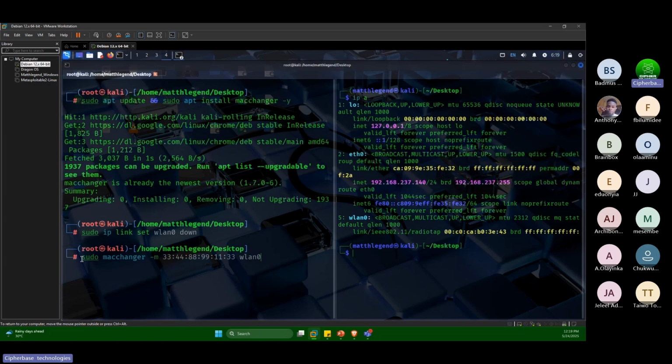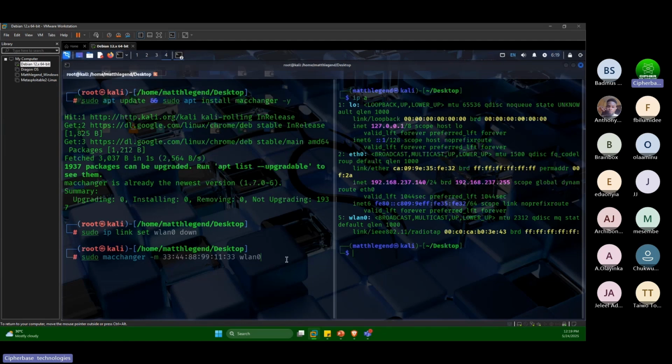So this sudo, that is, you want root. If I don't use sudo, it's going to work because I'm already in root. I have root access already. Then macchanger, this is the macchanger that we just installed to change it for us. Then M, that is manually. That's what this M stands for. Manually change this. Then